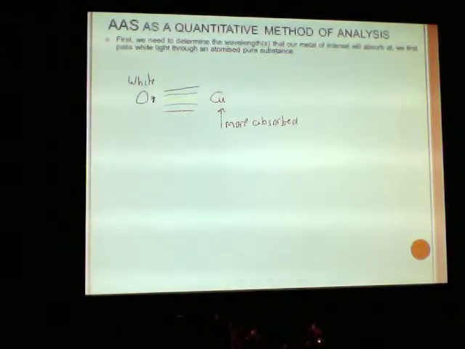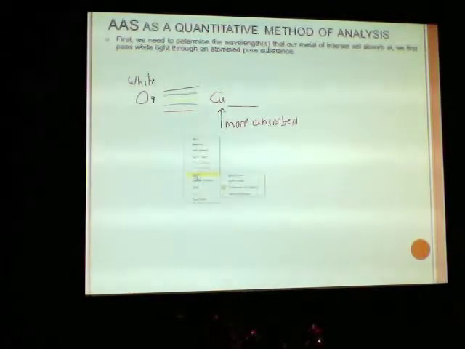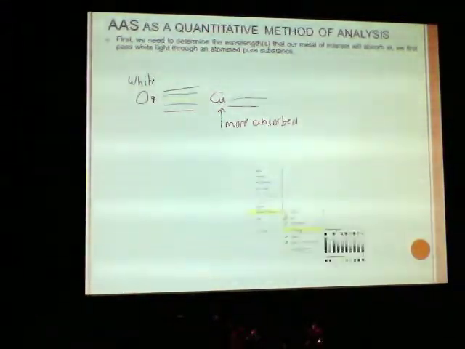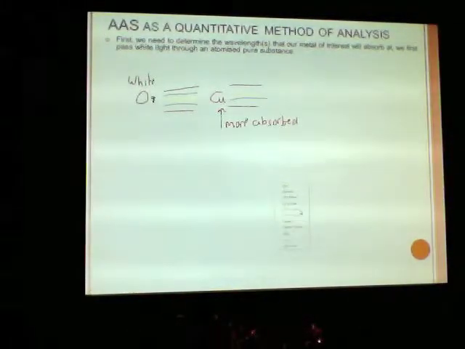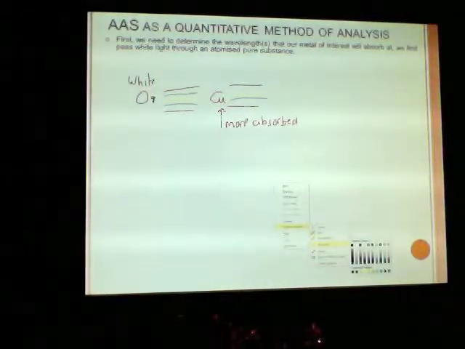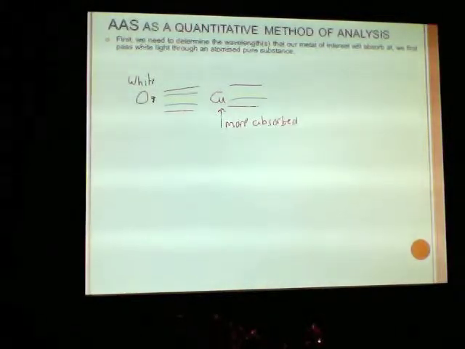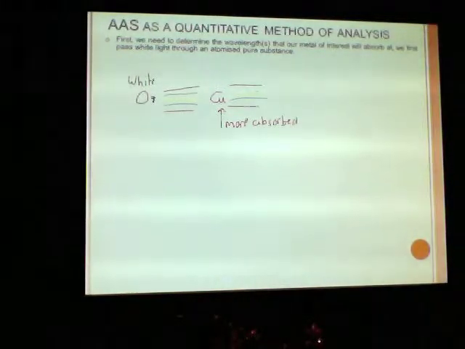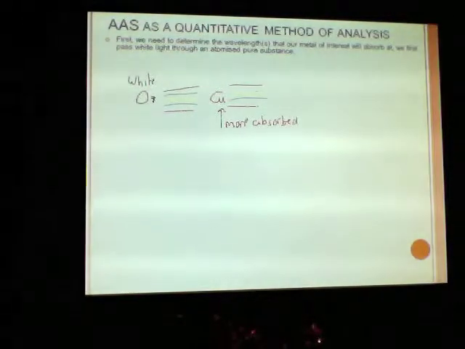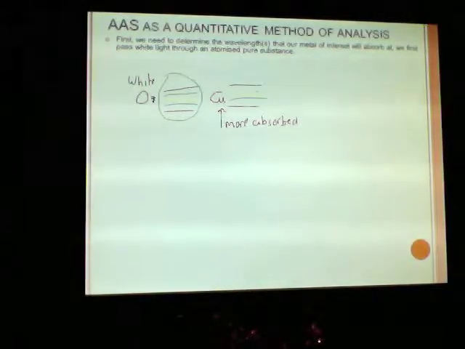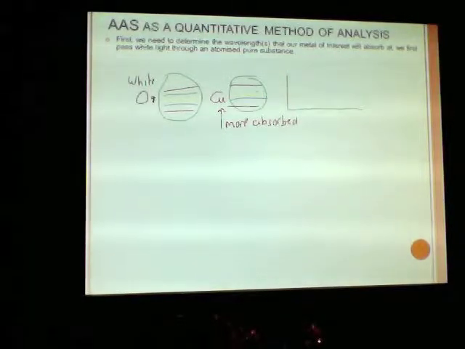Okay, but say if we've got copper here, we will have some red coming out. Red won't be absorbed. And green, oops, I chose a different green then. Oh no, I didn't. Okay, so green, actually some of it might be absorbed. Let's draw it like a dotted line. Some of it's absorbed. We know how much light went in, we know how much light's coming out, and we can draw what's called an absorption